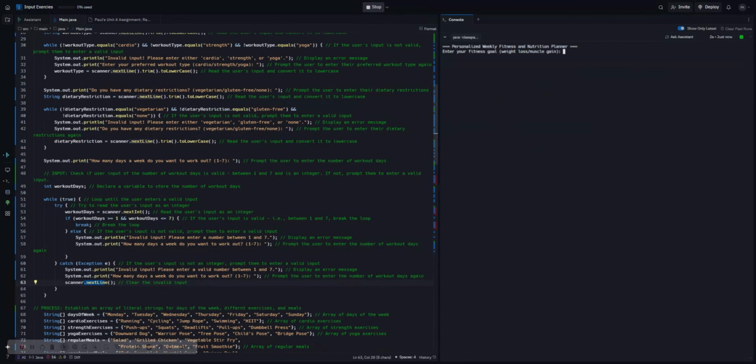If I were to put muscle gain, yoga, none, and if I put BCC, it's going to say invalid, but once again, it's now going to be removed and cleared from the scanner's